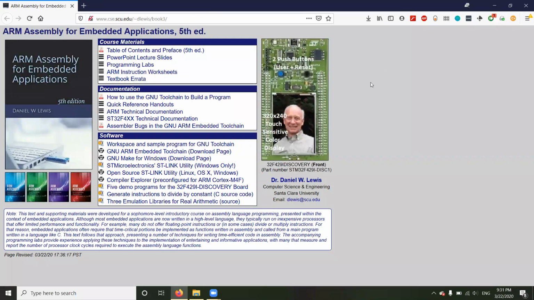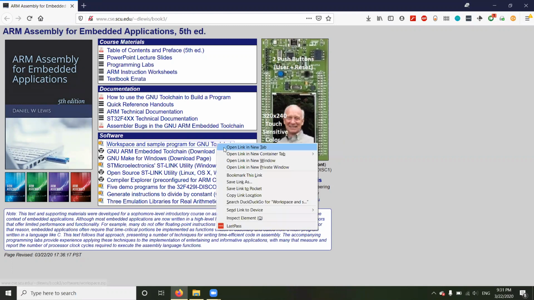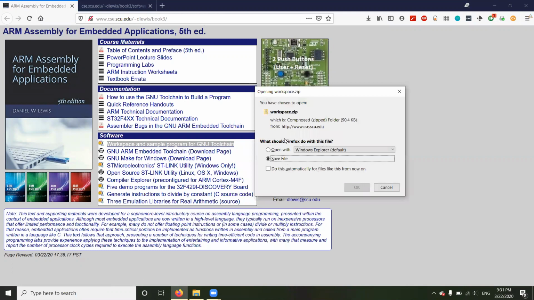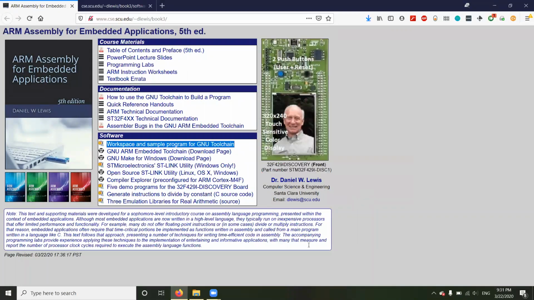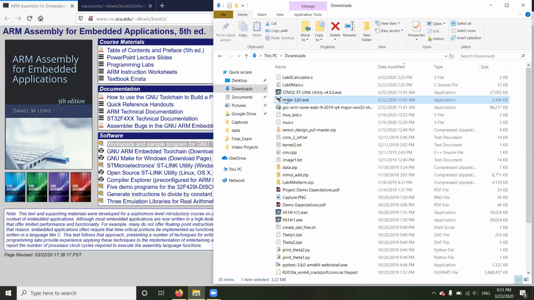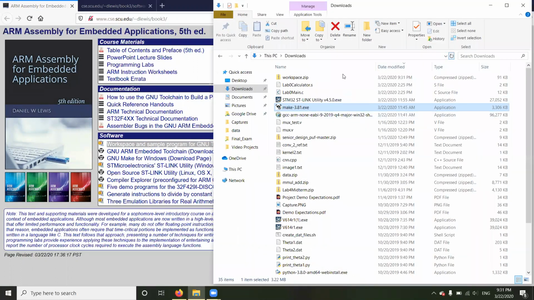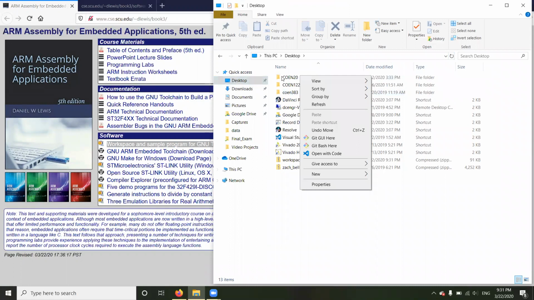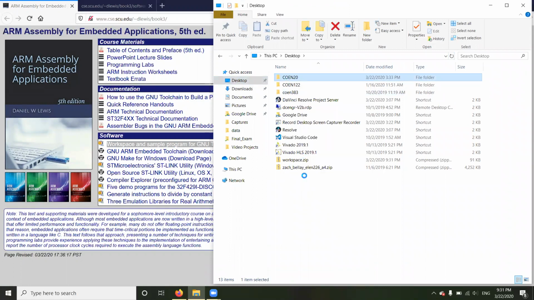The next thing we want to do is set up our workspace. So first we need to download the workspace zip file. So if you go back to the course website and click on the workspace and sample program for GNU Toolchain, that will open up a dialog to start downloading this. So I'm going to go to my downloads folder, and you should see that now there's a workspace.zip. I'm going to drag this to my desktop, and I have this Cone 20 folder from before, so I'm going to delete this